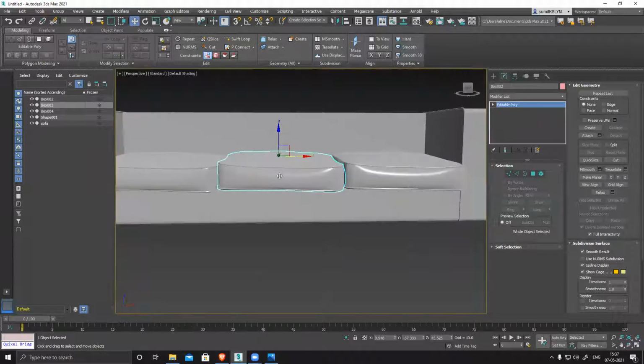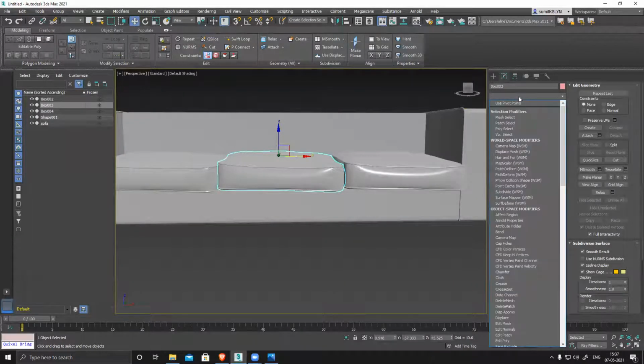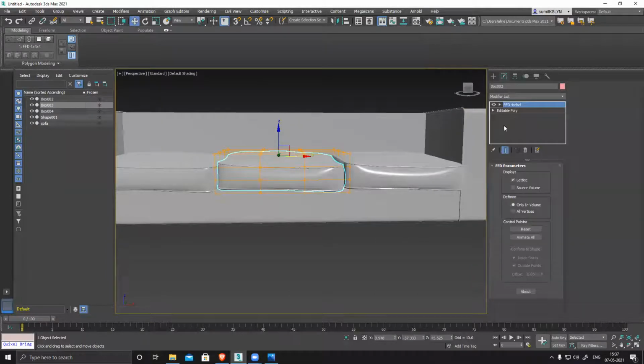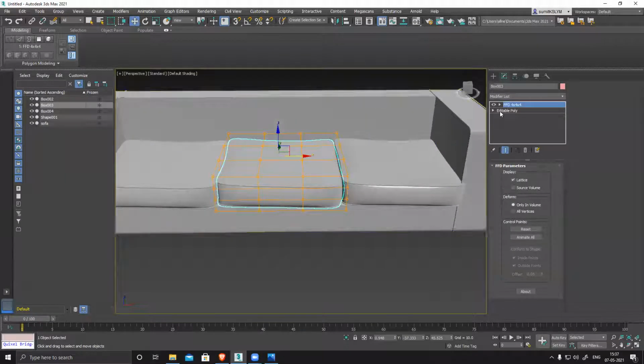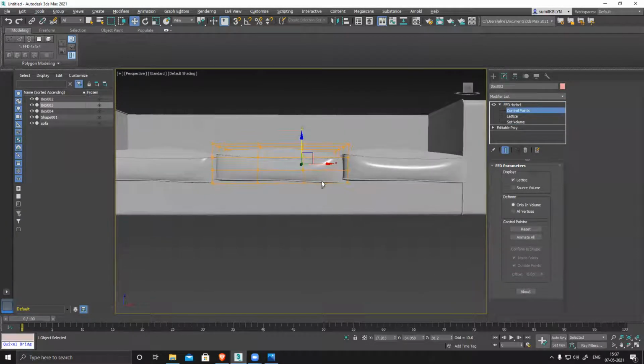So what we have to do is apply one more FFD. This time I can apply 4 by 4 by 4 automated. Go to control point, select the top, or maybe only this section, slightly push it down, slightly push it down, make it slightly uneven, like it's different from this one.